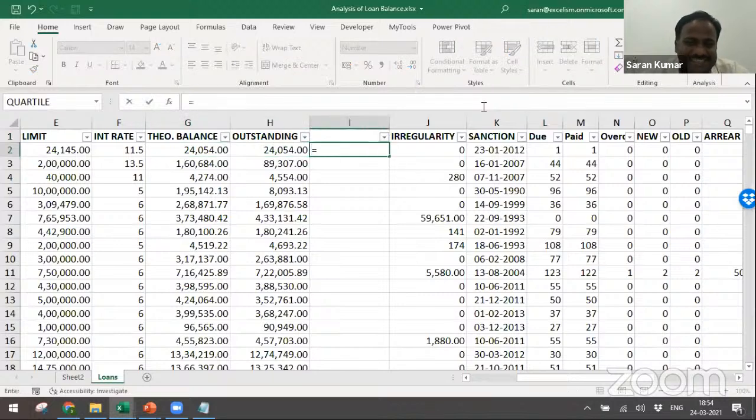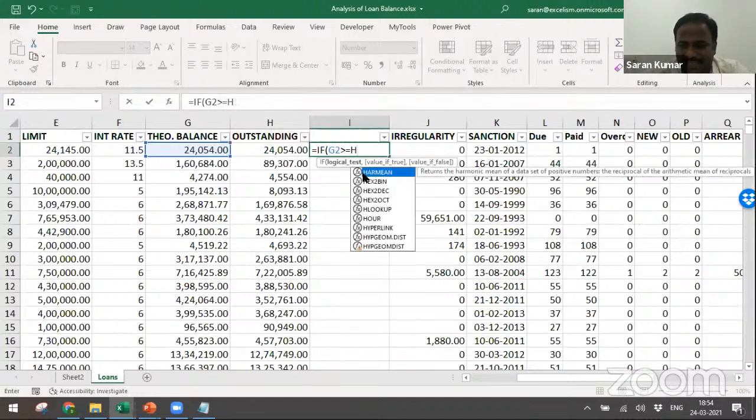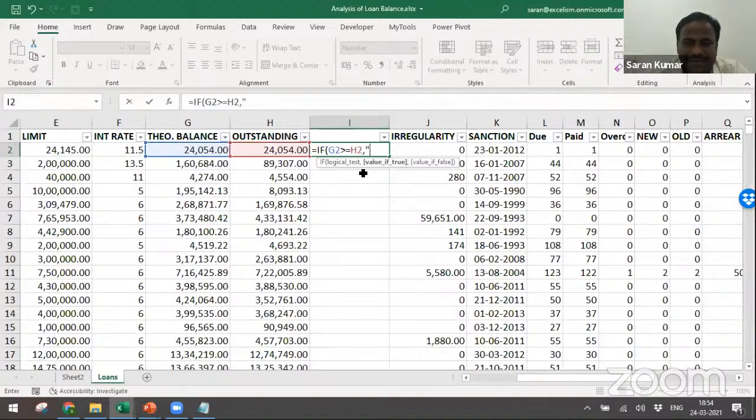So let's take this, then I'll just take this minus this. First, let's have a formula: whether there is any excess. So what I'm doing: equal to IF, ideally, theoretical balance must be greater than or equal to outstanding balance. Sorry, it must be H2. If so, then I want 0 because I don't want to consider anything.